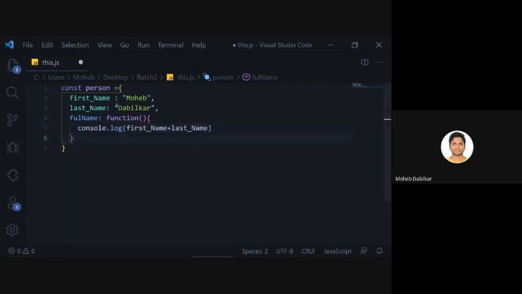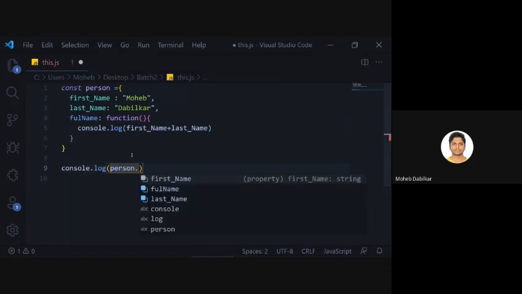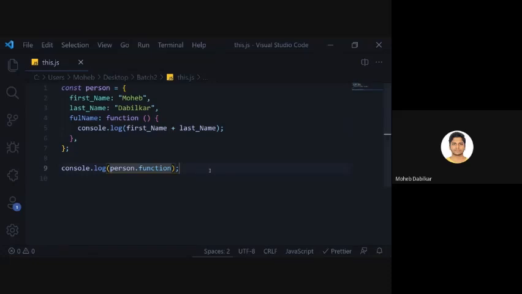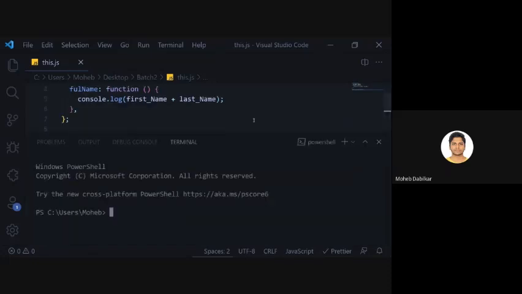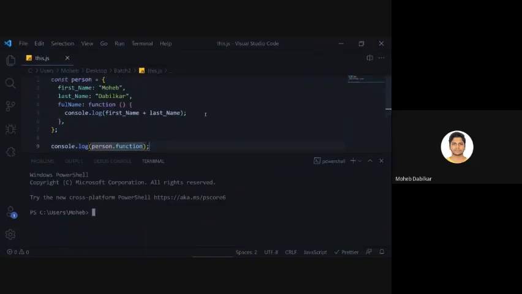Now if you want to access this, you can do it directly also. If I say console log person dot full name, this should work as expected.